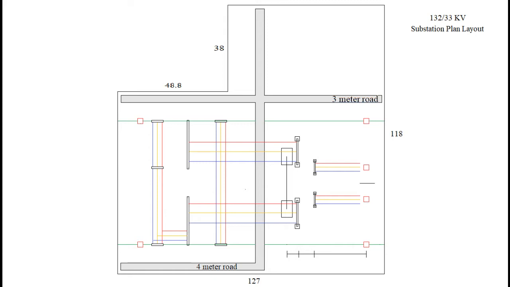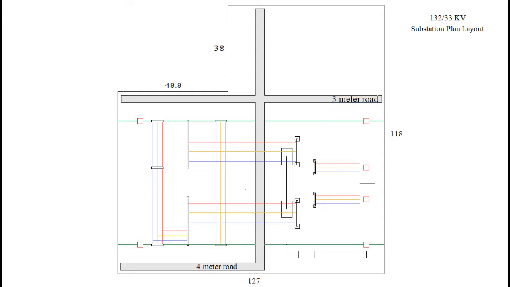If we compare the area required for an 11 kV by 33 kV substation, then it is 37 by 26 meters, which calculates to 962 square meters. The substation under consideration needs nearly 15 times more area. Structures required for 132 kV equipment are more in volume and weight. Also, this equipment needs more clearances. These clearances include ground clearance and clearance between phases.